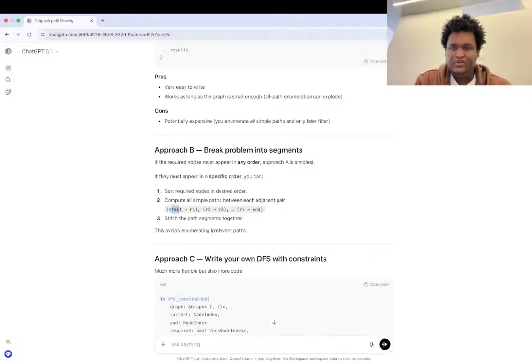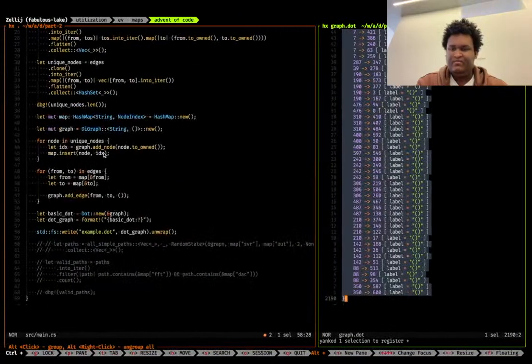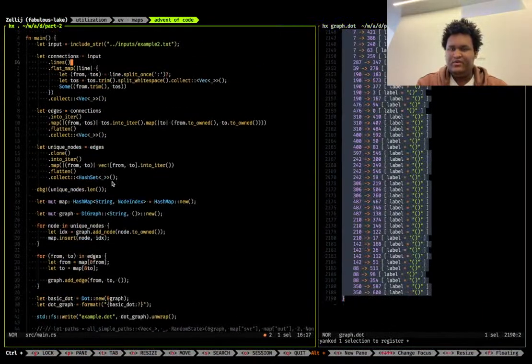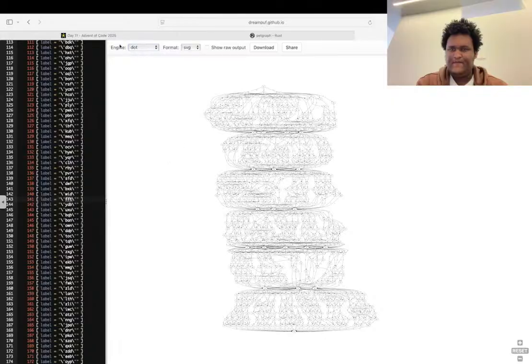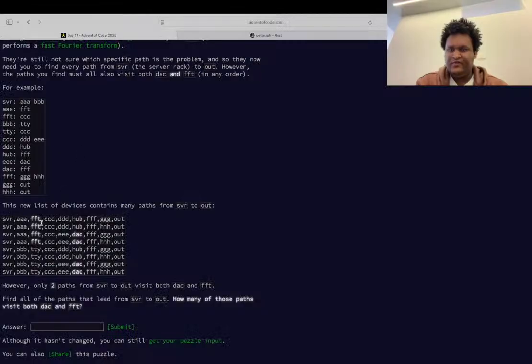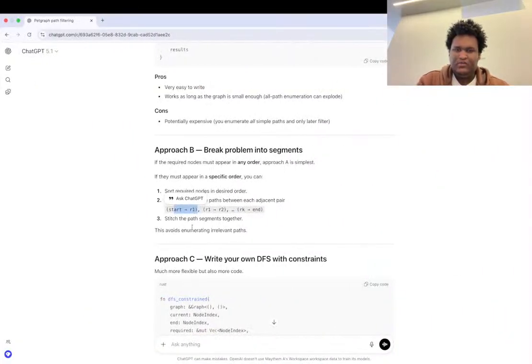Yeah, this is what I was trying to do earlier. Compute all simple paths between each adjacent pair, like we did, but that didn't work. So we were trying to find all of them from server to A50, then A50 to DAC, and then DAC to out, and then join all of them together, but that didn't end up working. Wait a minute,